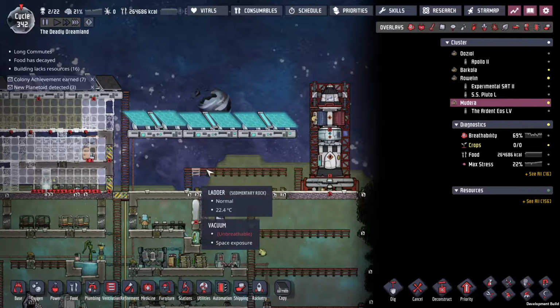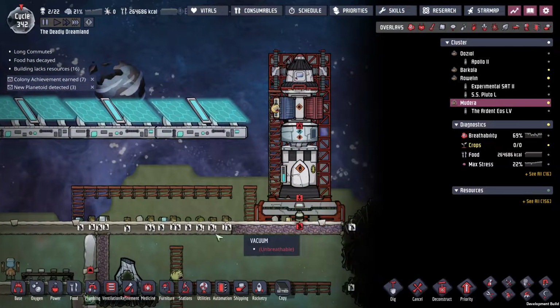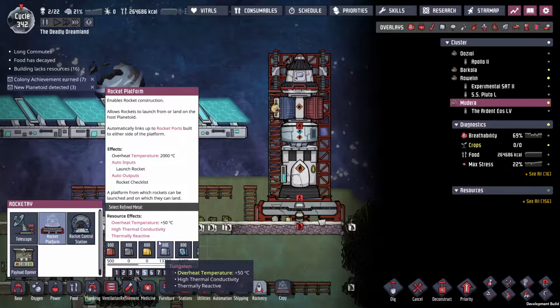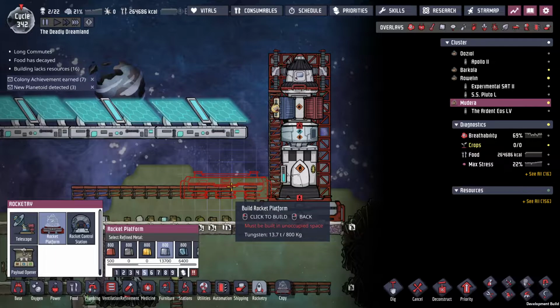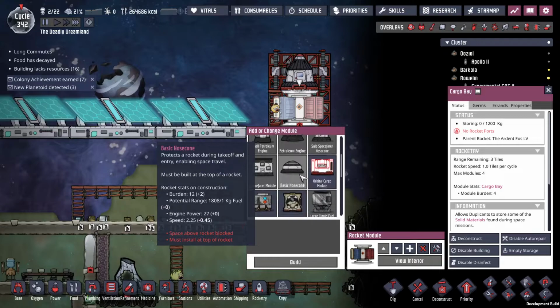On a second note, they changed the price of rocket platforms. Let's see, it costs 800. Rocket platforms used to cost 4. And the reason that's important, if we swap that over to